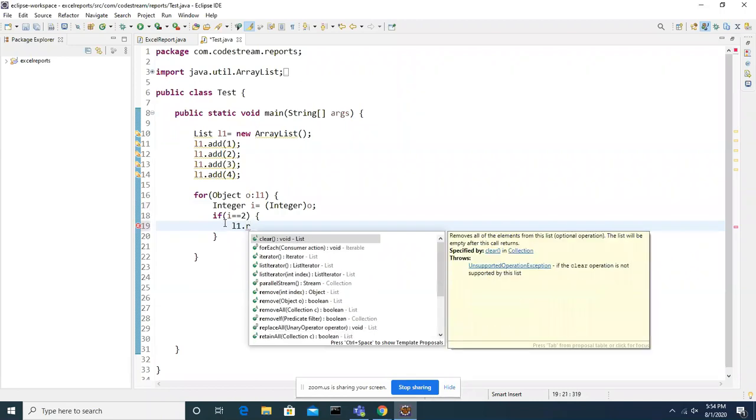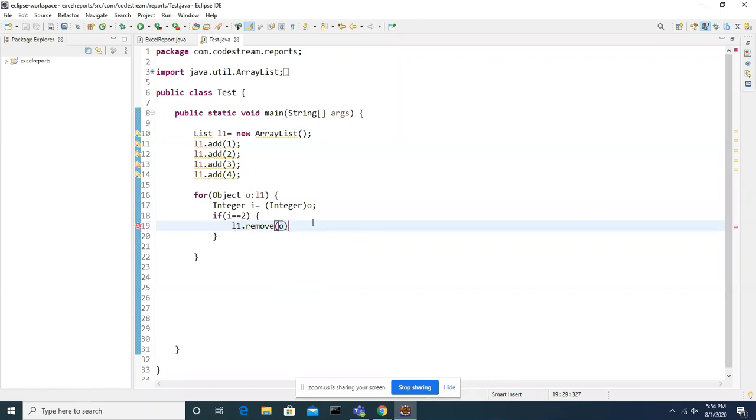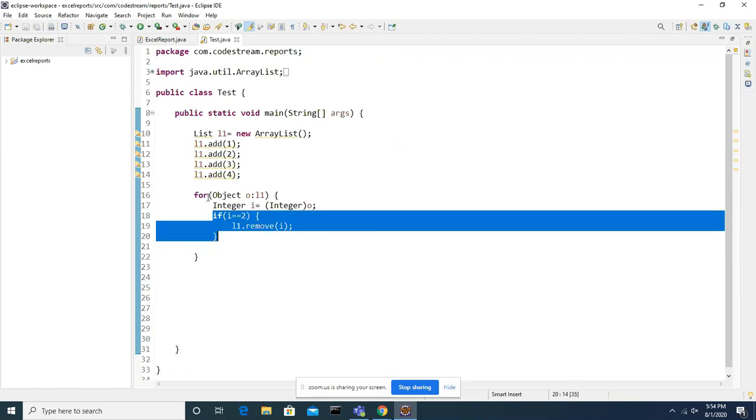So if you want to delete that, L1 dot remove method, there is a remove method. You can pass i, whatever the object you want to remove, so it is removing. This removing is happening at runtime.